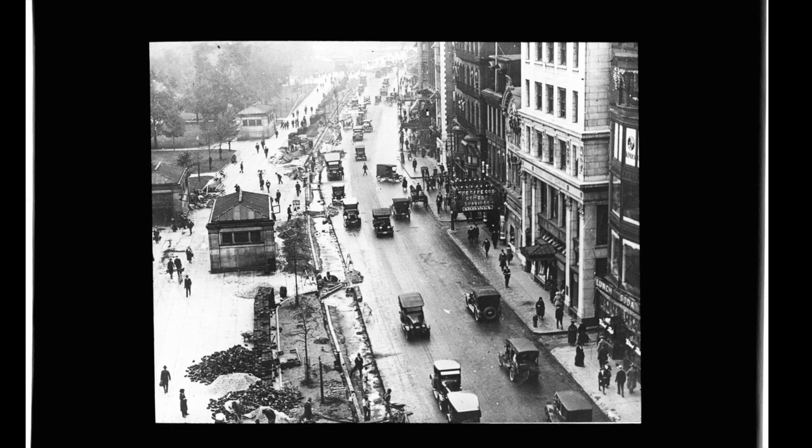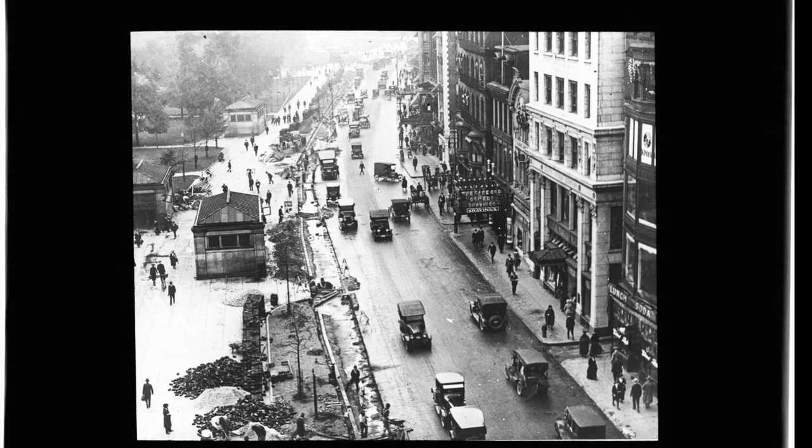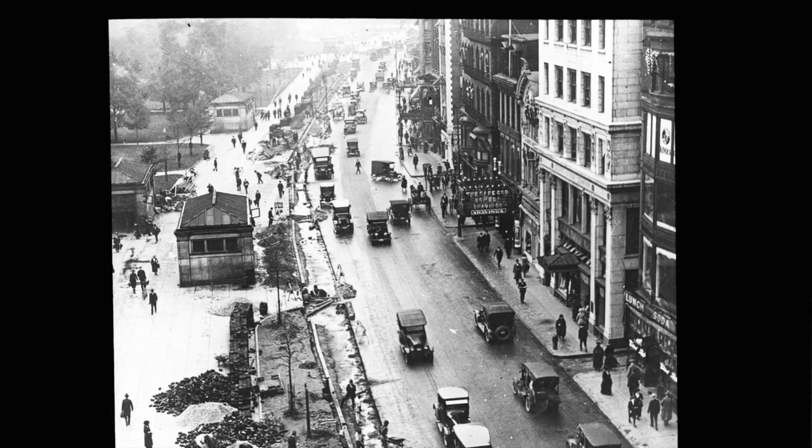I chose one image from the Arthur Shurcliff collection of lantern slides. A lantern slide is basically the glass precursor to an overhead projector slide. Just an image on a piece of glass that you could project